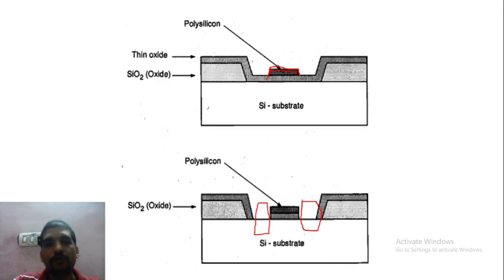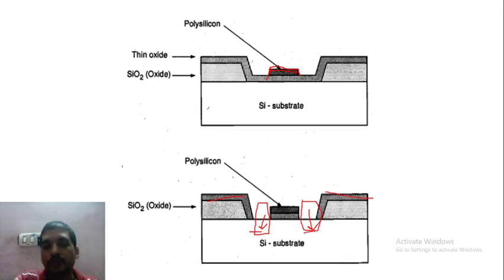So we can say that initially we have grown the thick oxide over the surface, then we removed it from the center, only the sides, then we grow thin oxide over all the wafer, then we have grown polysilicon over all the wafer. Then first we have removed the polysilicon from the area where it is not required, as we need gate in the middle of the substrate. Then after we have removed thin oxide also from those areas where we need to dope n regions. Other areas it is still there.